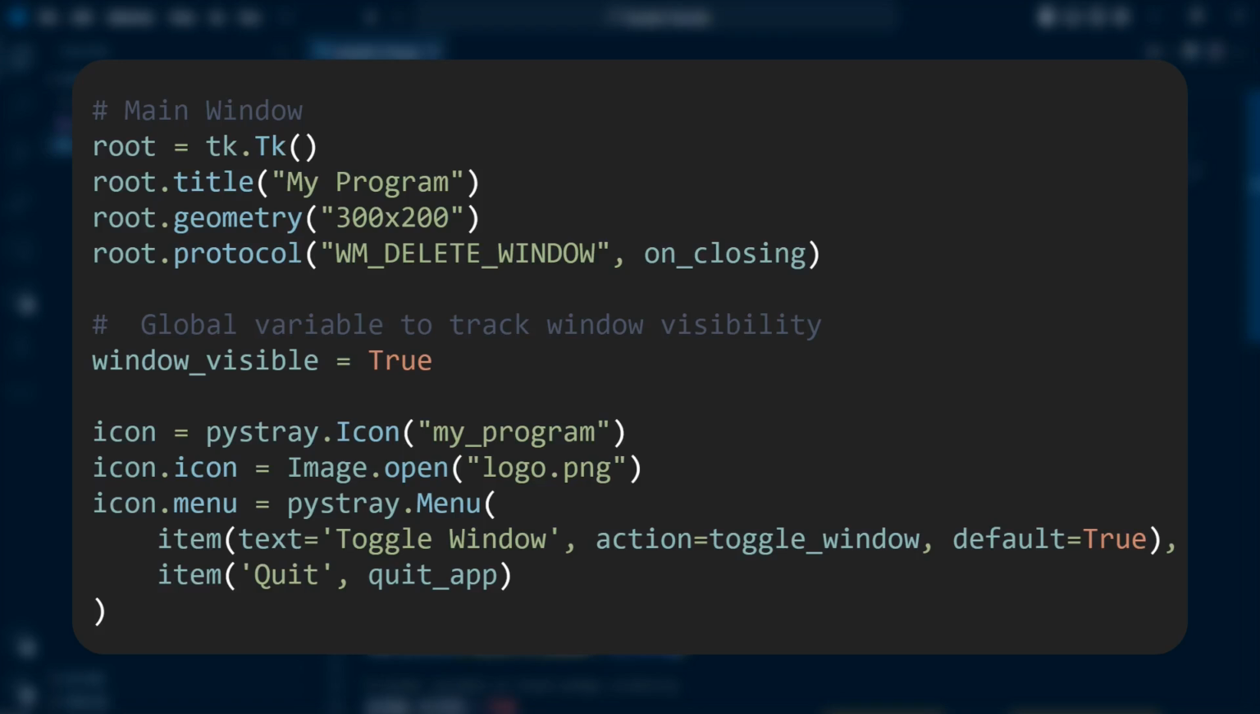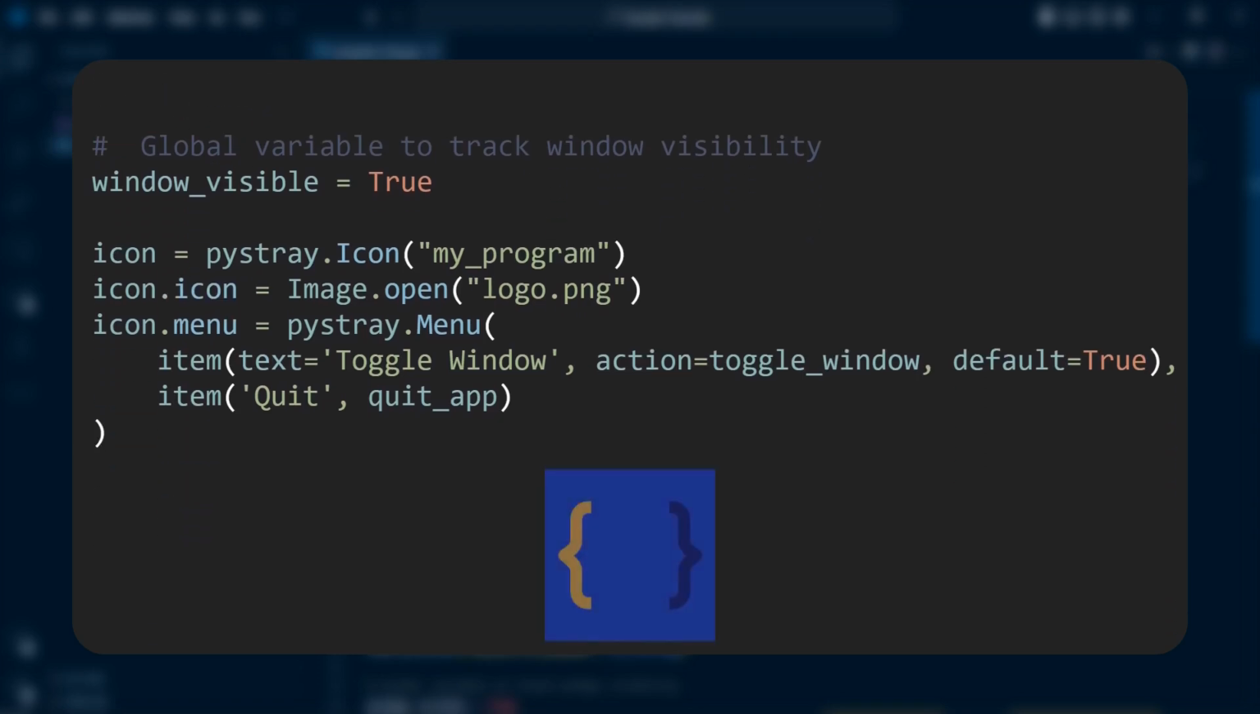Then, we can set up the system tray icon. I will name it my_program. I will load an image from the program folder for the icon using Image.open from Pillow and define a menu with two menu items, toggle window, to trigger the toggle_window function, and quit, which calls the quit_app function to exit